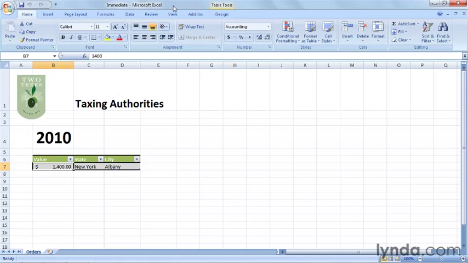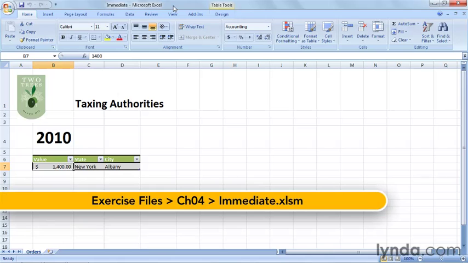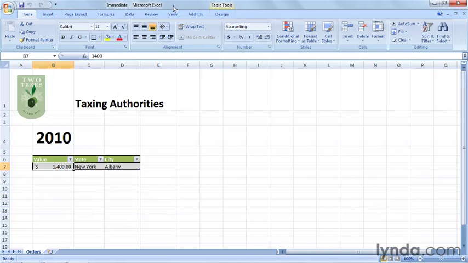So far in this course, I've verified my code's output using message boxes. Message boxes are fine, but they require that the user, probably you, click a button to dismiss them and continue running the program. If you'd prefer to bypass message boxes and still get feedback on your code, you can use the immediate window. The immediate window is a panel that appears at the bottom of the Visual Basic Editor, so